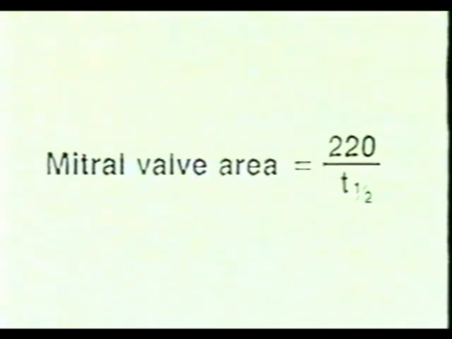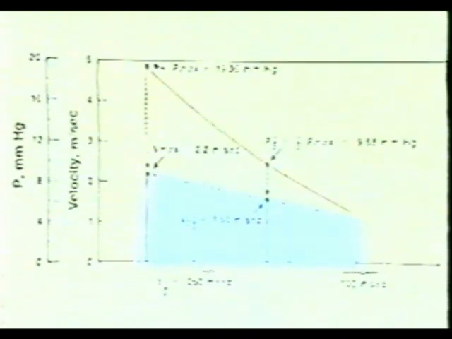The pressure half-time is important because in most clinical situations, the mitral valve area is equal to a constant, 220, divided by the half-time. It is obviously tedious to determine the pressure half-time by constructing a pressure gradient curve. It turns out that we can arrive at the half-time directly from the Doppler velocity spectrum without converting to pressure